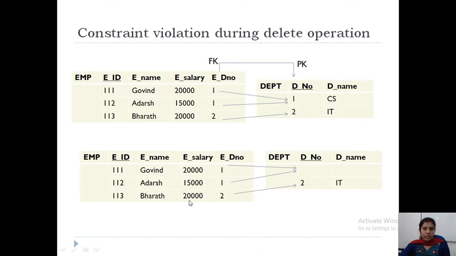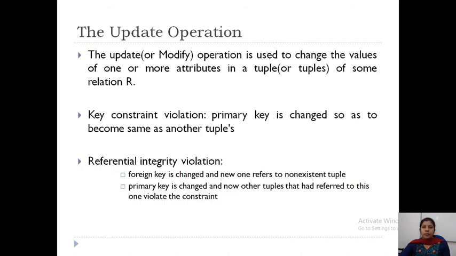This is the referencing relation, right? So in this referencing relation, you change the foreign key. Either you modify it to an existing one like 2, or you can place a null value. So these are the actions performed during the delete operation. If there is any foreign key, then you have to consider these different ways.